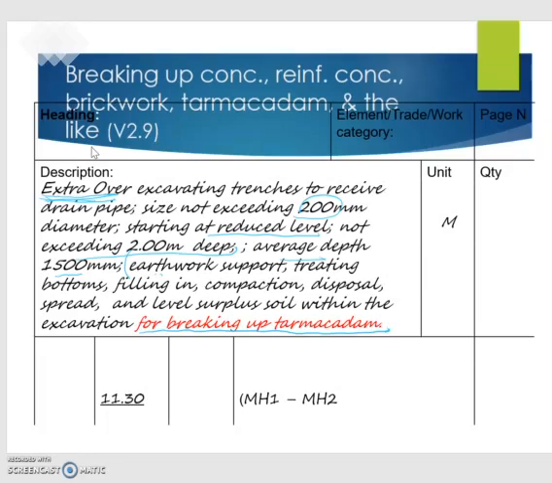Okay, so for this item, you need to mention an extra over. You need to mention the pipe size, the nominal size of your pipe, the starting level, whether it's a reduced level or ground level, and you need to mention the depth range, it's 2 meter, and average depth. Okay, and this item that you can get from your